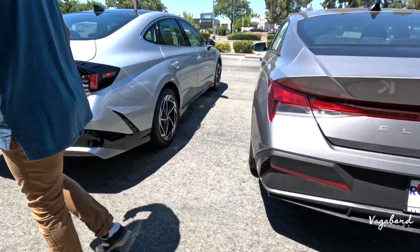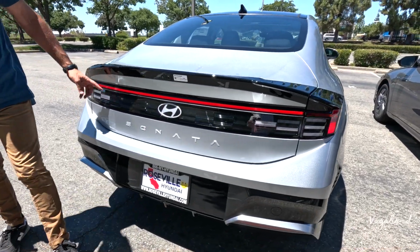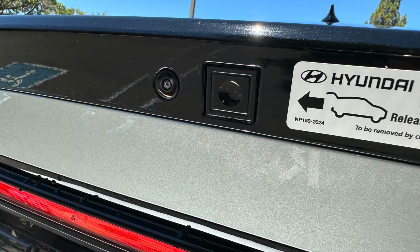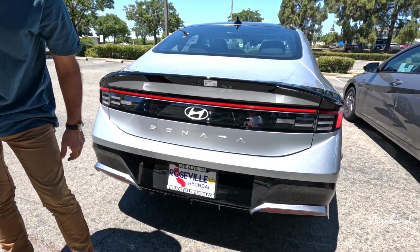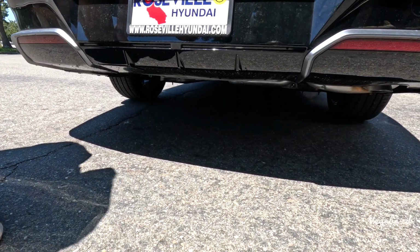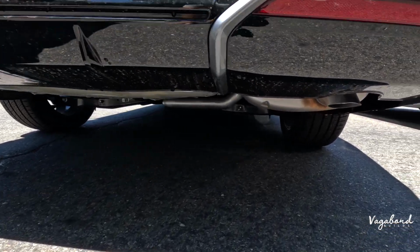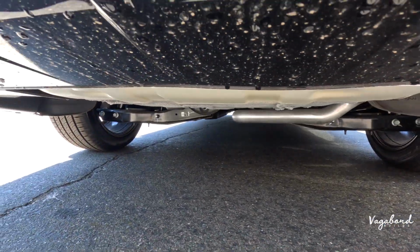Coming over to the Sonata, we have more of a higher class feel with that LED bar going across, the gloss black camera and the button here over that Hyundai emblem. Sonata going across with the high gloss black rear fascia and some trim going across with kind of a diffuser. The exhausts are both on the passenger side of both cars, tucked away, giving it a cleaner look, okay? Now, if we